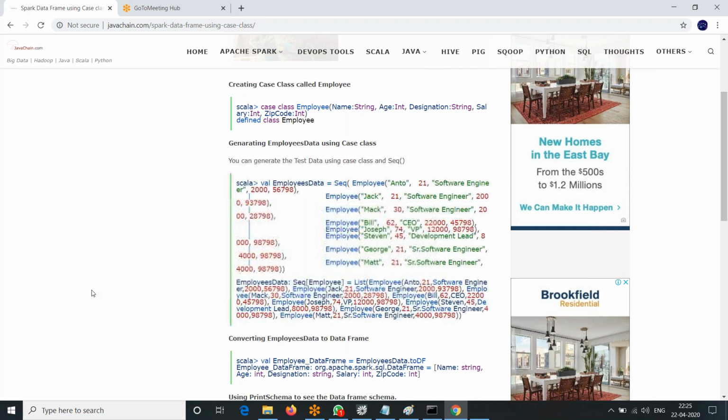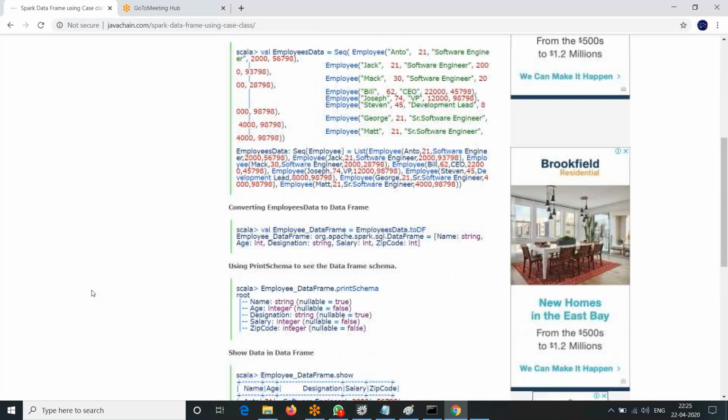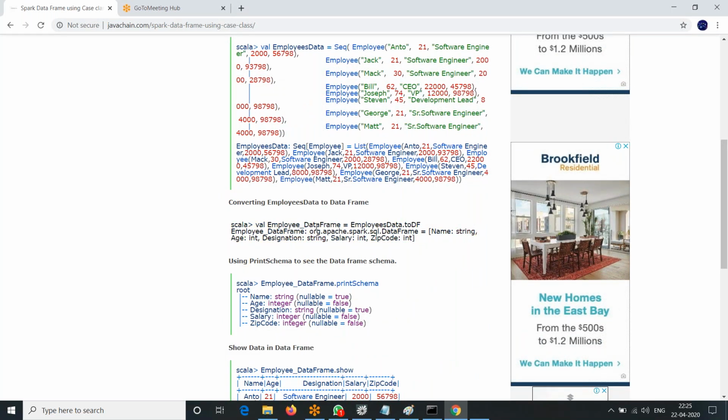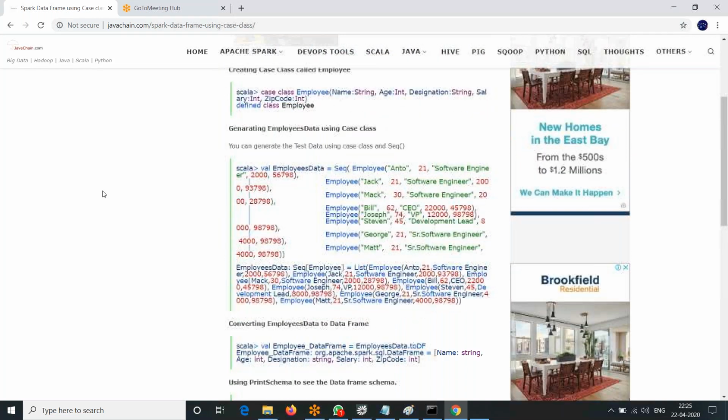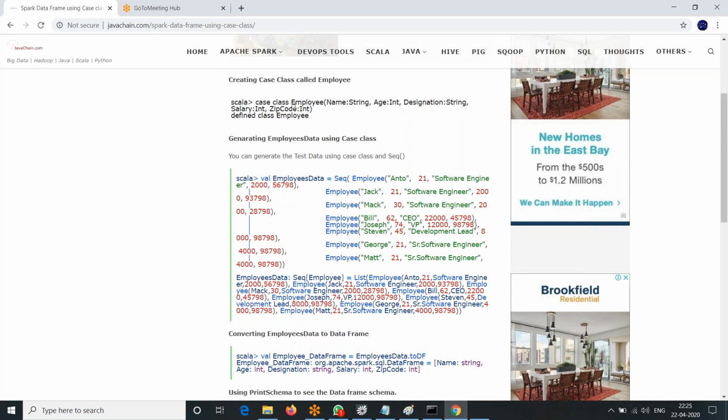And now from that, what we are doing, we are building a data frame here. You can see here, we are saying employeeData.toDF to convert it to a data frame. Definitely the very core component in this Spark application is the case class. Got it, right? So that gives you a 100% idea and 200% importance of case class.